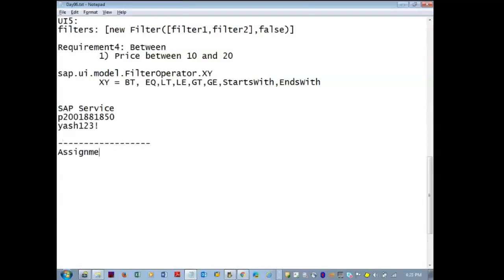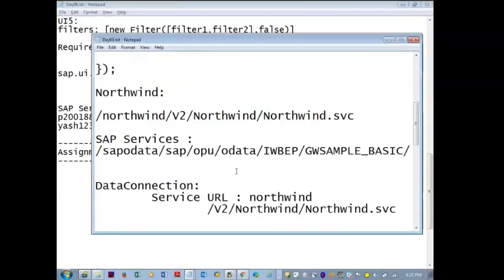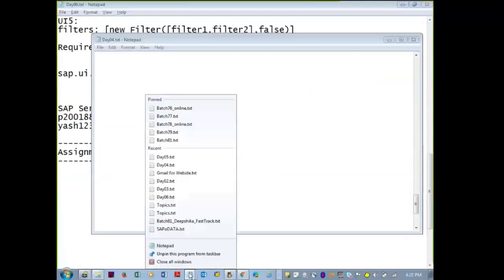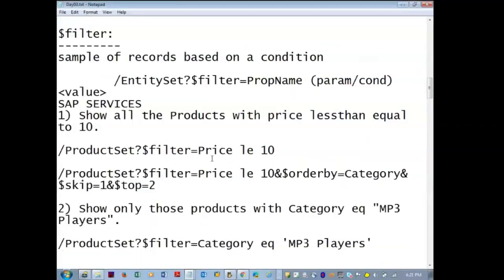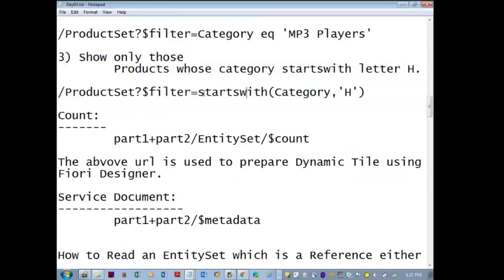So assignment. One query I gave you the other day, on Day 3: show only those products whose category starts with H. There's a starts with here, and the equivalent of starts with in the UI file, I just showed you: S capital, W capital.